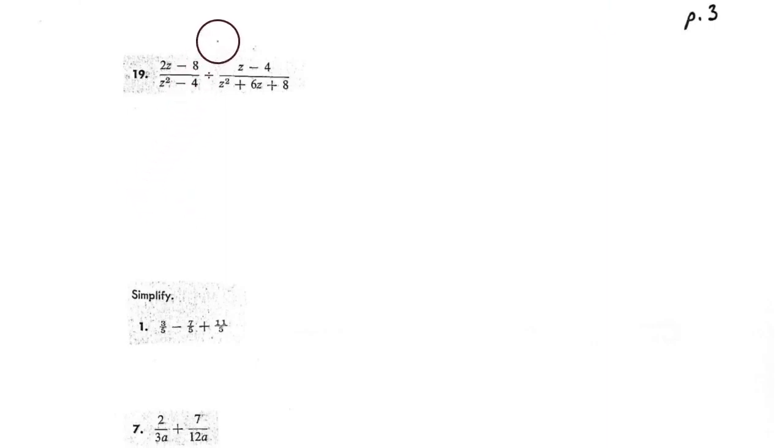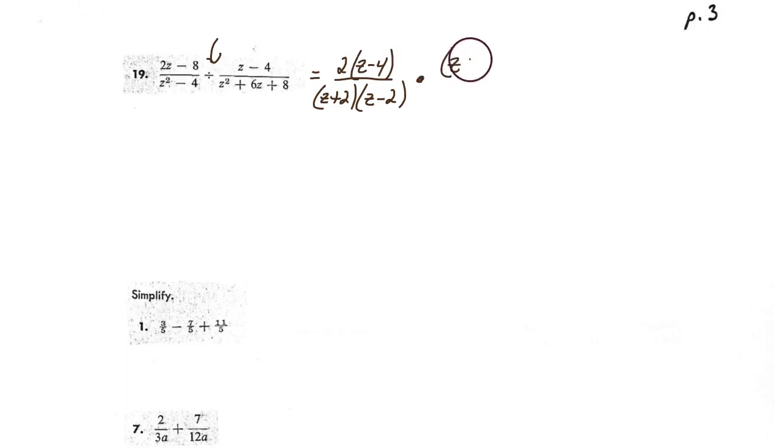This next one is a division problem again, so we want to follow that rule about changing to multiply. At the same time, we need to do some factoring. So this is 2 times z minus 4 over z plus 2 times z minus 2, times, I'm going to flip this fraction upside down, and at the same time, I'm going to factor that trinomial. So this is z plus 4 times z plus 2